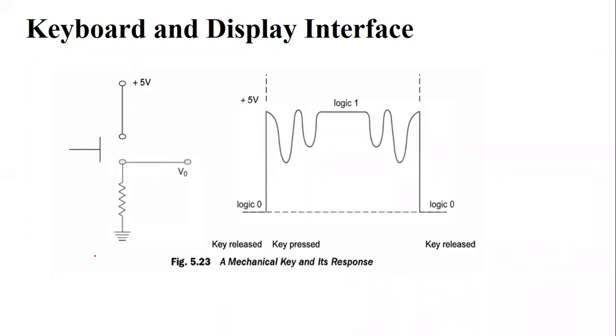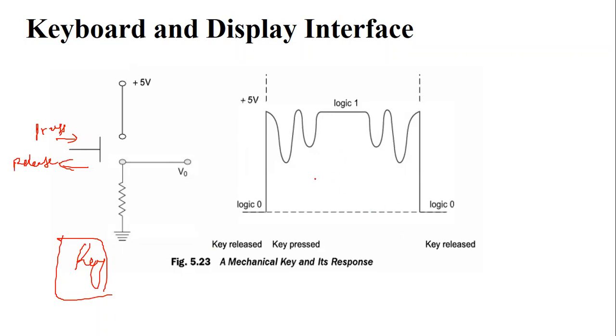So this is the key, with rows as well as columns. Suppose you assume rows and columns. This is the key pressing: you can press the key and release the key. Press and release the key. This is the press and release law.